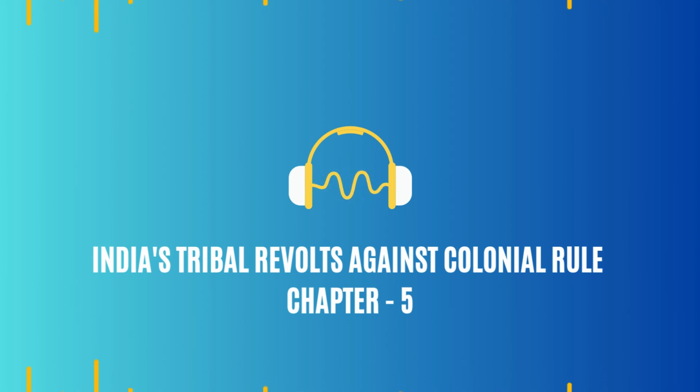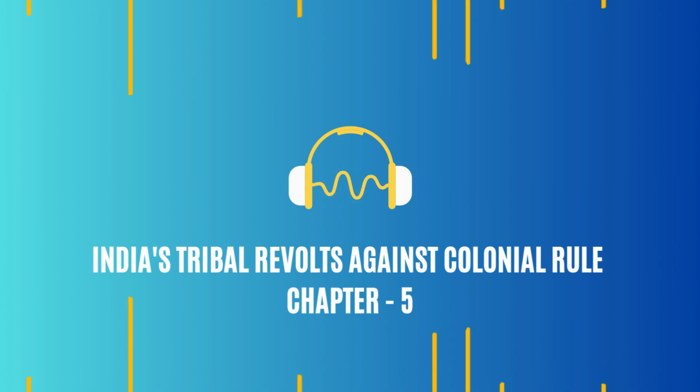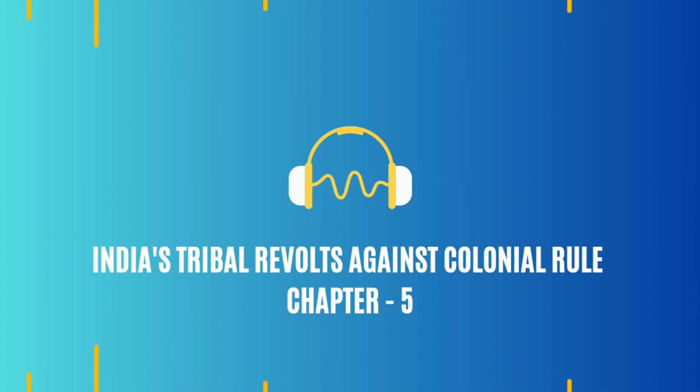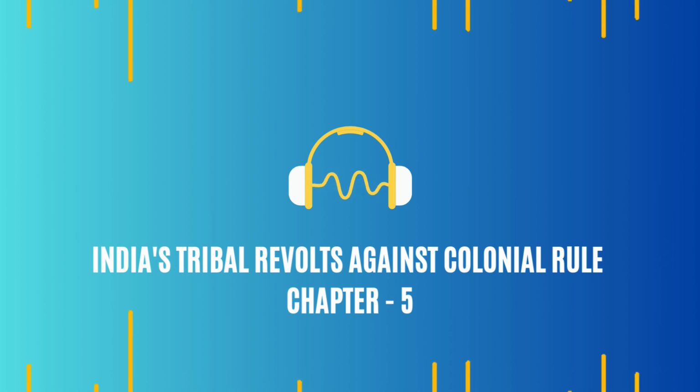Let's journey to the northeast, to Assam, where the Ahom revolt erupted in 1828. The Ahoms, once rulers of a powerful kingdom, were forced to sign a treaty with the British after the First Anglo-Burmese War. But the British, seeing Assam's strategic importance, decided to stay, breaking their promise to withdraw. So a betrayal of trust. Exactly. And this betrayal, plus the resentment towards British policies that undermined Ahom authority and traditions, led to the Ahom revolt. So classic colonial double-dealing sparking resistance.